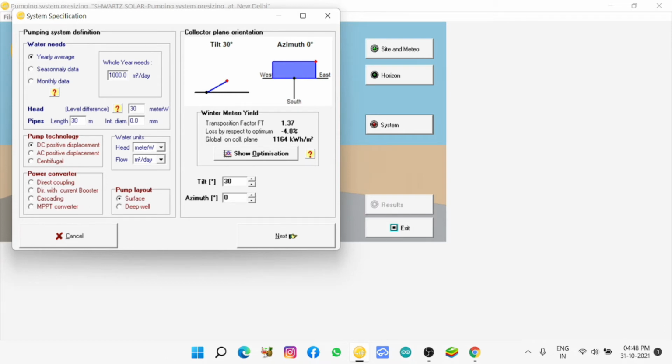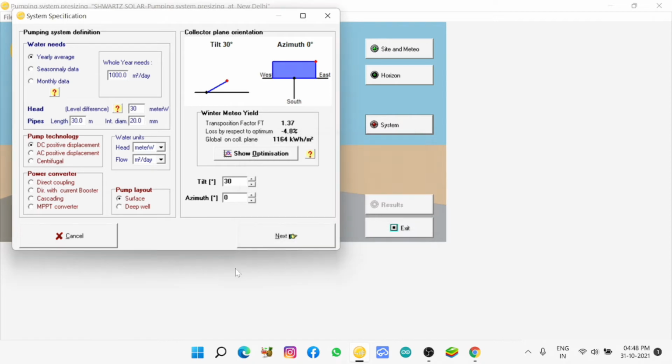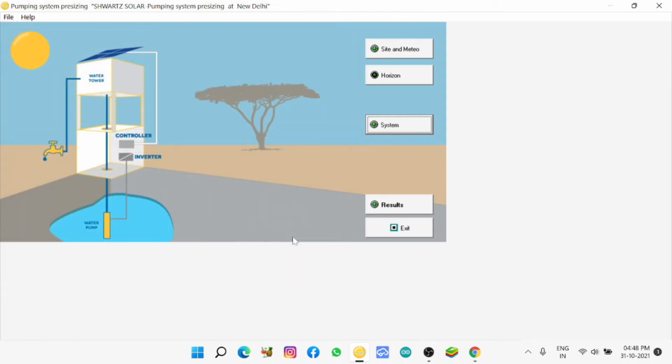I'm telling you again and again, it is very, very easy. You just need a little practice, and you will start using this. And it will help you, the fresh engineers, to get a good job in good companies if you know about it. You will be called master of solar.